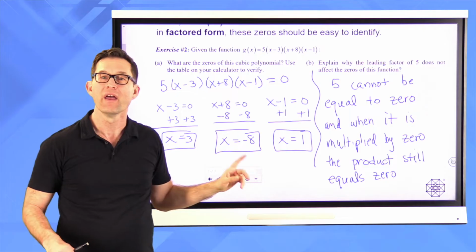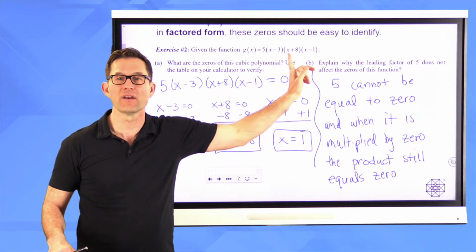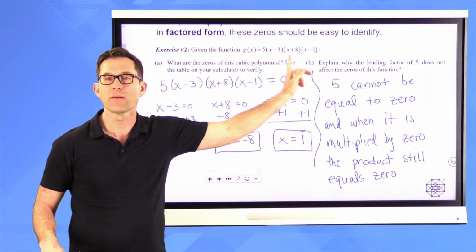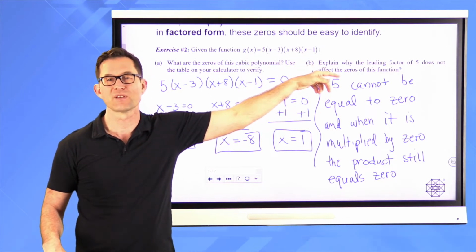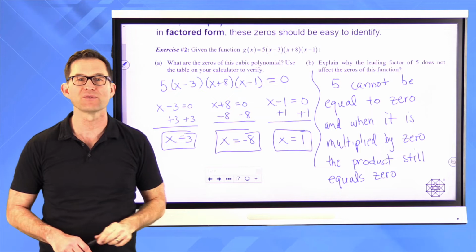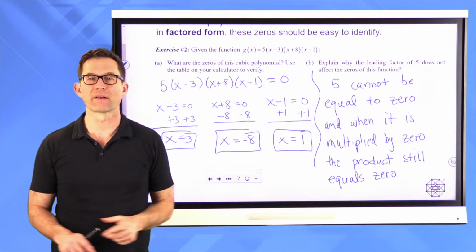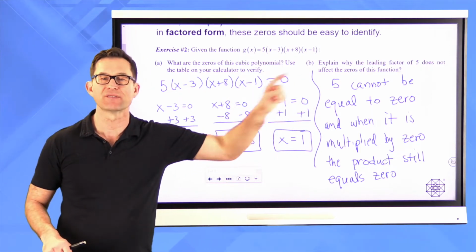It's still a 0. If I took negative 8 and substituted it in here, it would be 0. I don't care what the other values are. I'd have 5 times a number times 0 times a number. As soon as one of those numbers is 0, the whole product is equal to 0, and the 5 just doesn't matter,